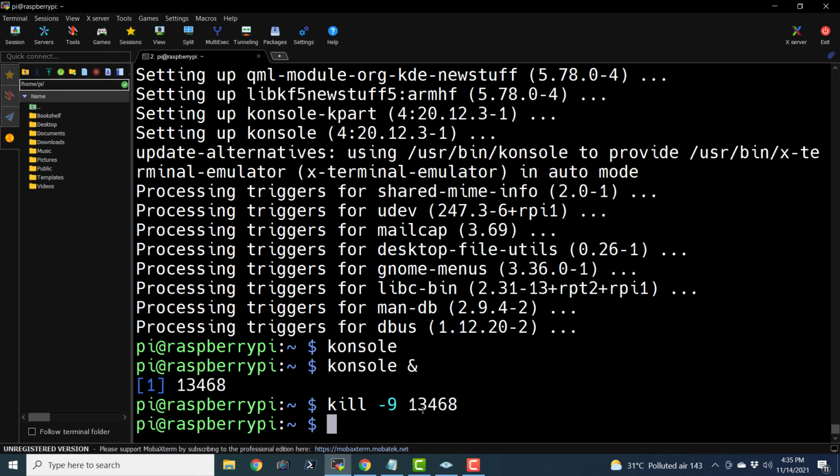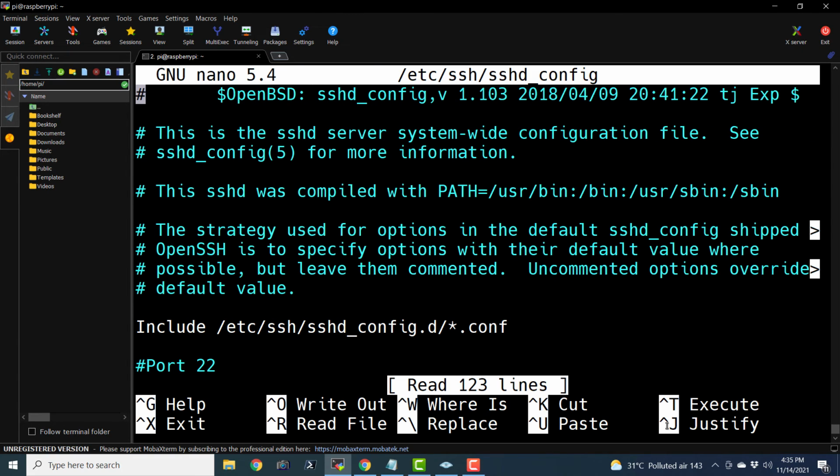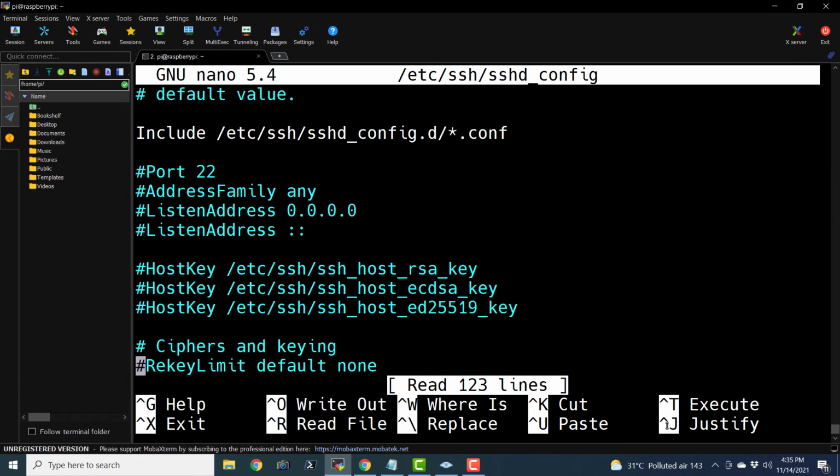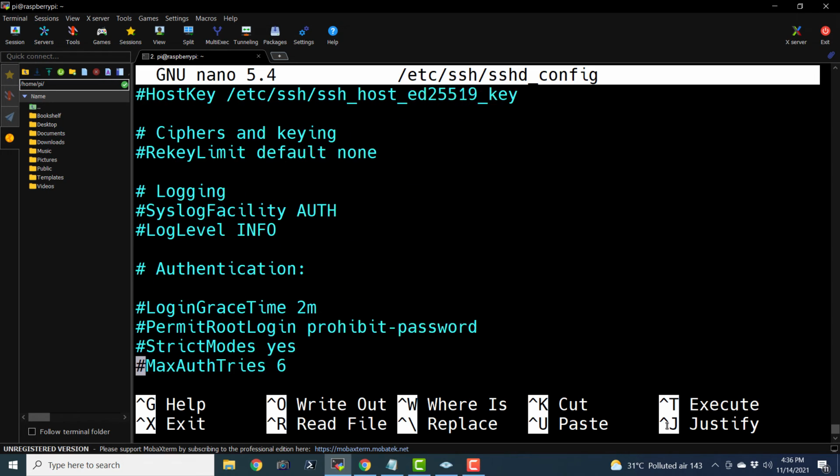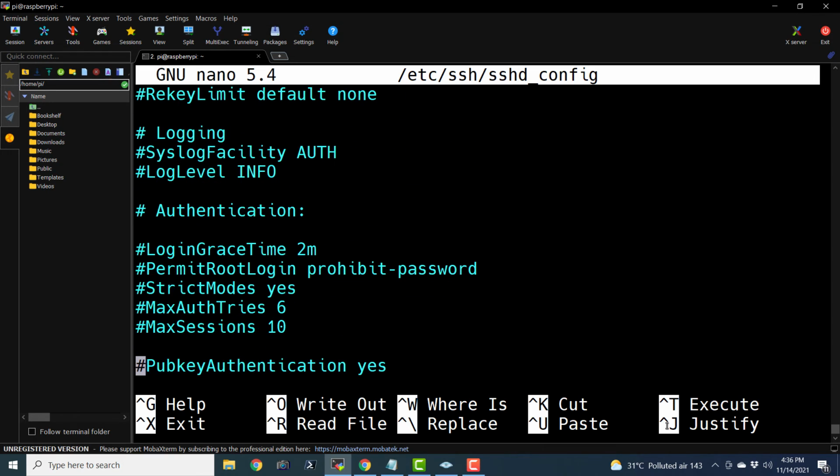It requires elevated privileges, that's why we are using sudo, and nano is a simple text editor in the text mode. Okay, so if I hit enter, it is going to open this file in the nano text editor. Here we can see the settings about X11 forwarding. There will be a lot of settings here. Whatever you want to enable, you can just enable by removing that hash symbol.